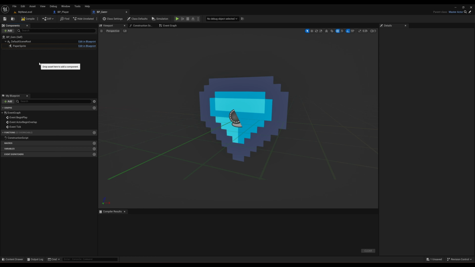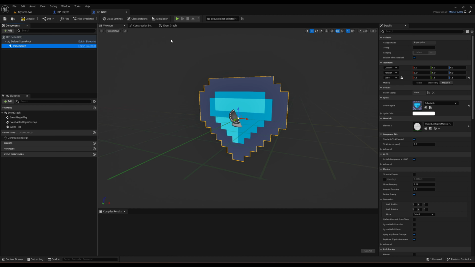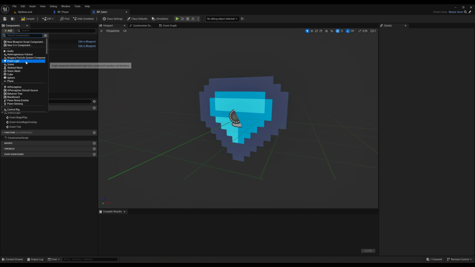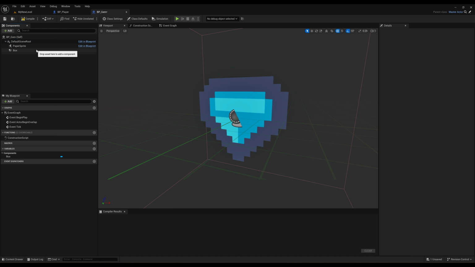Then I'm going to again make sure, similar to the spike enemy, to change the collision presets from lock all to no collision, but then add a box collision component,